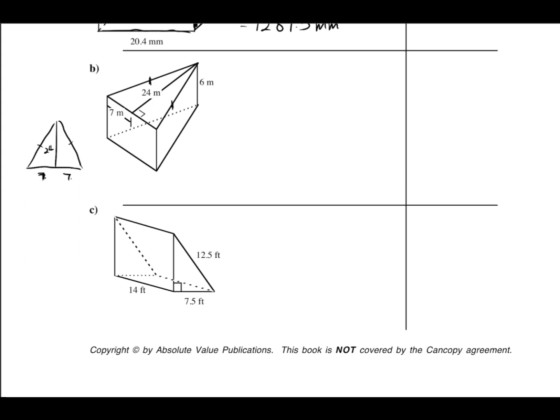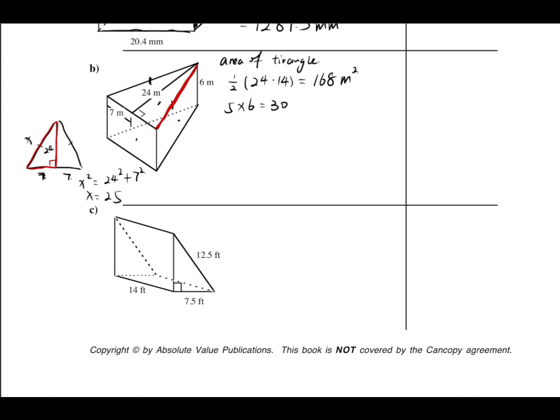The area of the triangle is 1/2 times height 24 times base 14, which equals 168 meters squared. Then we need the left and the right, which are the same because this is isosceles. We need the length of this side, and we can find it based on this triangle. Call it x, so x squared equals 24 squared plus 7 squared, based on the Pythagorean theorem. So x equals 25, and for the left and the right, it's 5 times 6, which equals 30, and then for the front, this part, it's 6 times